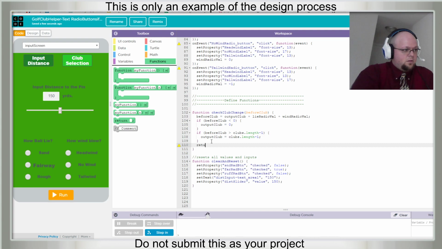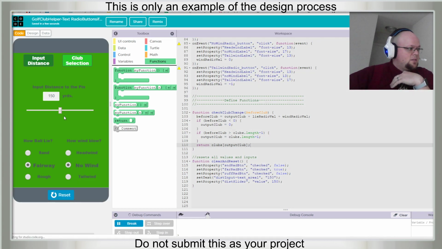And let's return clubs index output club. And if this works, it's one of the top 5 greatest things I've ever done.